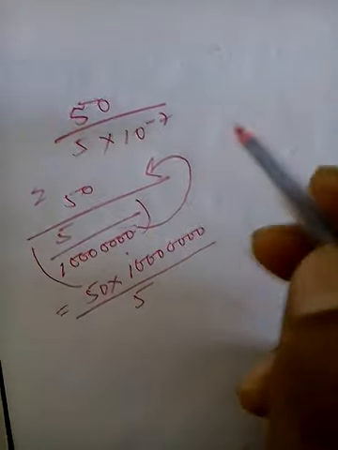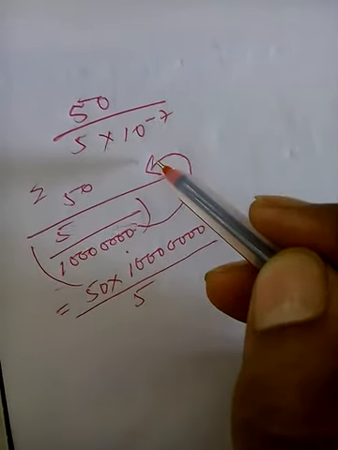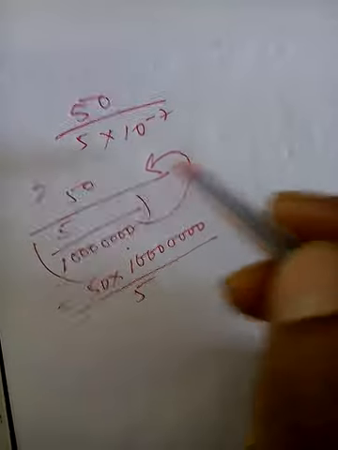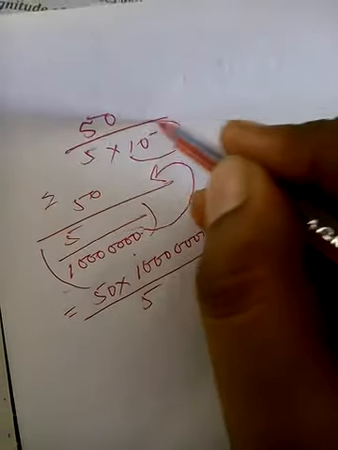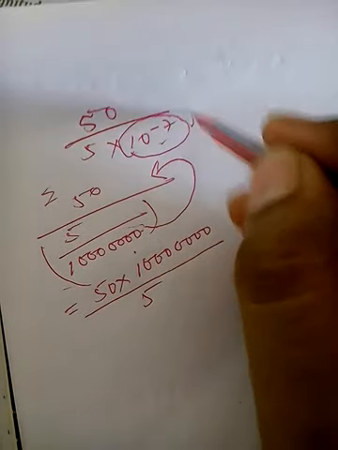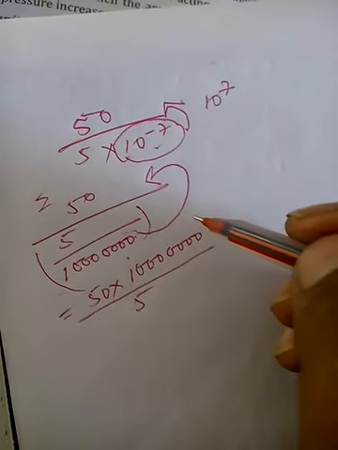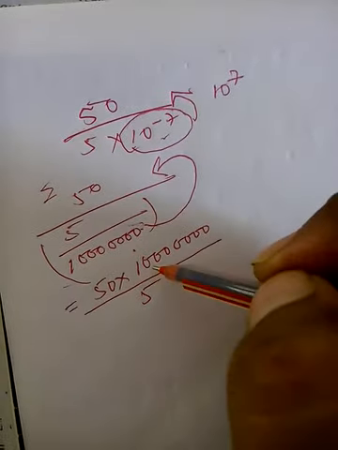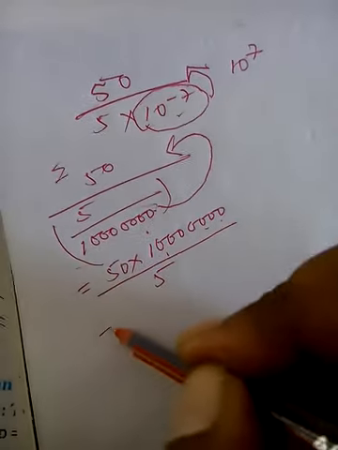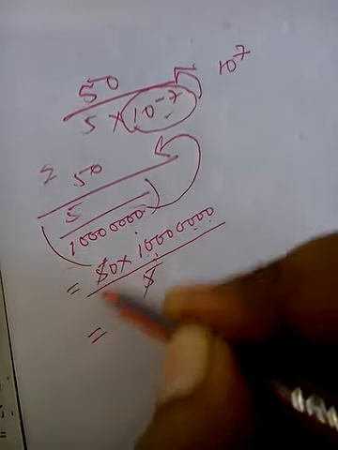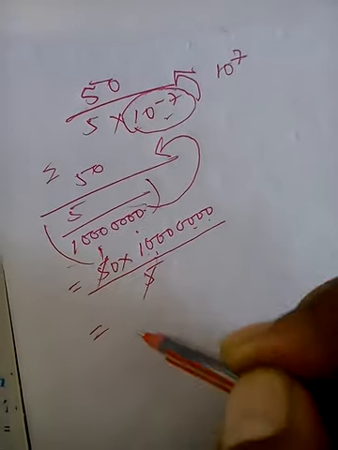So if any value you are taking from denominator to the numerator, its sign changes. For example, here 10 to the power minus 7 is in the denominator. If you take it to the numerator, it will become 10 to the power 7. Got my point? Okay, so here also the same thing happens. See, the sign changes. Which means 5 goes with this, so you are getting 10, right? So one more 0 increases.